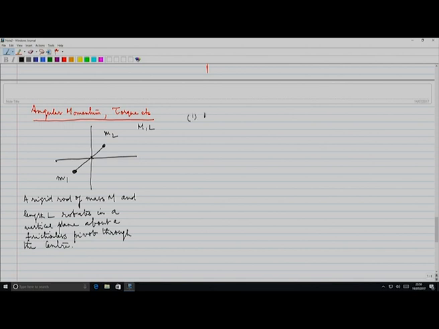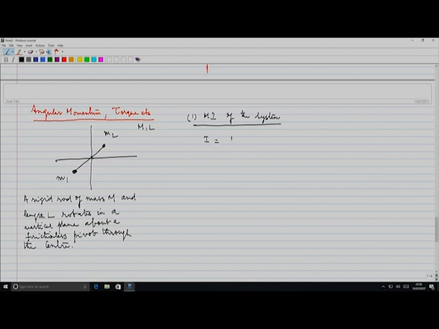So the moment of inertia of the system is equal to the moment of inertia of the rod about